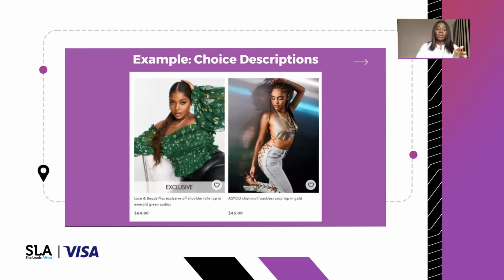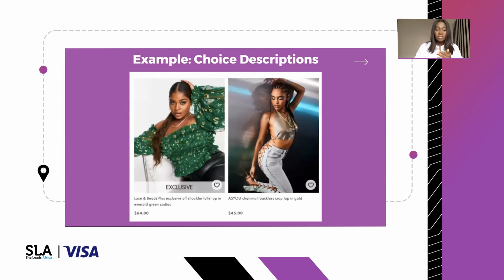Here you see this same lady now has just one. There's this lady who is pretty covered with her dress, and then there's the other lady who is not so covered. Not because anything is wrong with it, but because the owners of the website are trying to understand your behavior and the things you like, so that when you continue on their website and when you are out of their website, they can follow up. I know that Fashion Nova does that very fantastically. They chase you all around with the things that you've checked, or maybe something similar. So this choice description helps you know, okay,